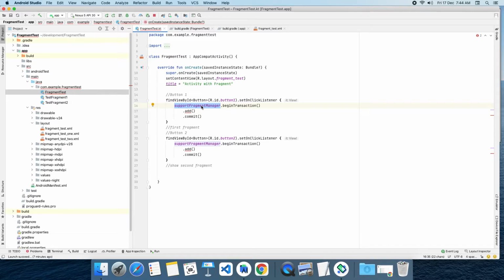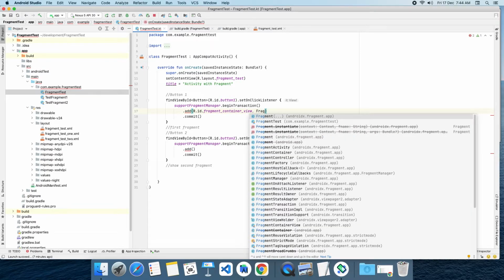So all our fragment addition, fragment deletion, attaching, detaching, remove, add, one after another, right? Everything is taken care of by the fragment manager. That operation is called a transaction. So we are going to add one fragment, so we are beginning a transaction, and we are adding what? We are adding a fragment into where? That container, the fragment container. In this container I am going to add fragment 1.